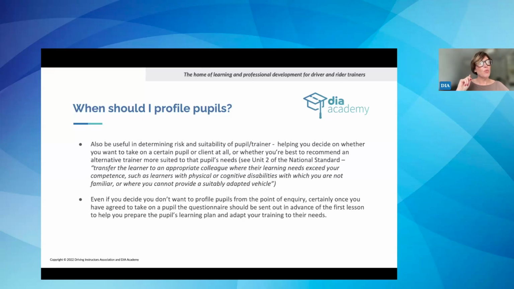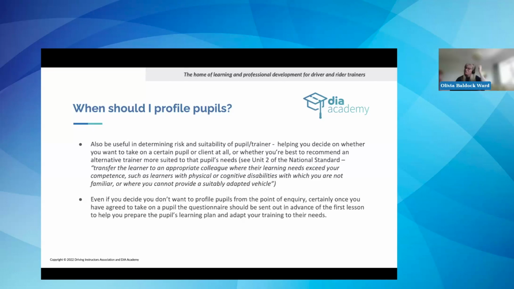Olivia, hit me with it. What is the element of the national standards unit? Oh God, because you're the national standards bureau. Don't put me on the spot like that. No, actually, put it in the presentation. I'm googling it. No, it's all right. Unit 2, the national standards. I thought I'd just quiz you, because you are the national standards guru.